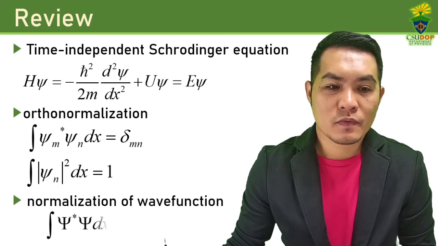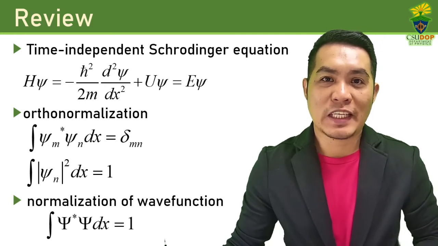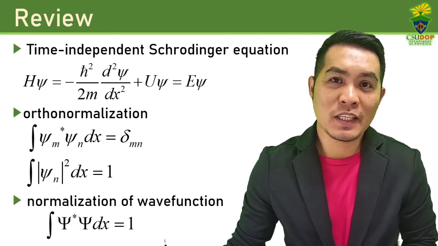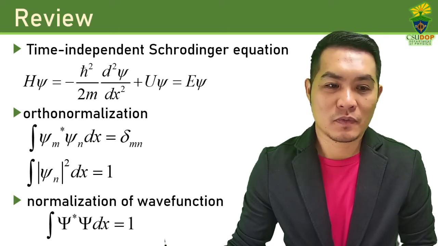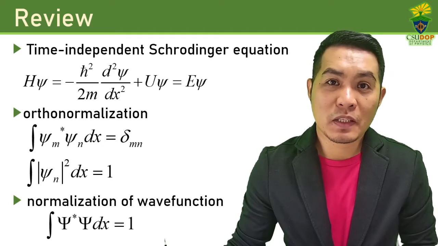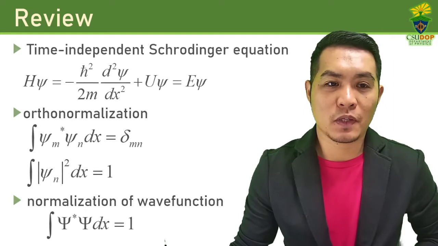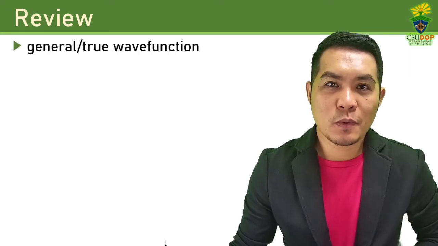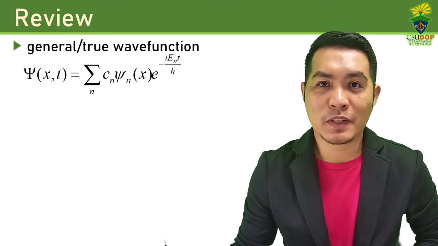and we still normalize the wave function in the same way. The integral of the absolute value of psi squared dx, which is just the probability density. So this means that the total probability should always be equal to 1. We have also defined that the true wave function, or the wave function at any time t, is just